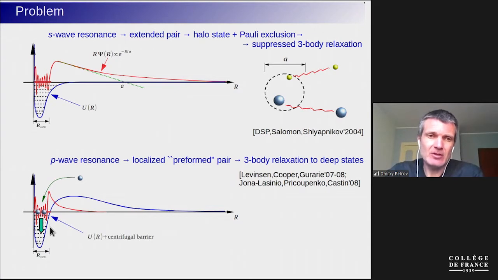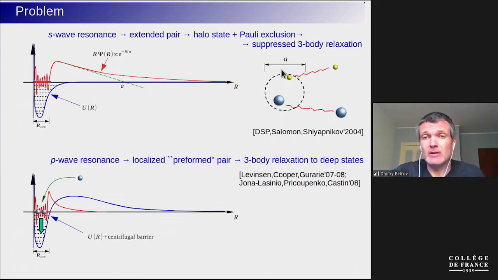So what happens with the system is that since two particles are close by, the third one comes in and leads to a relaxation or recombination to a deeply bound state. And they don't care about the Pauli exclusion principle here because the energies are so high that it's not quantum anymore, this problem. Okay, maybe I'm simplifying a little bit because this algebraic tail does contribute, but not the way we like. It actually contributes to a three-body attraction, and it increases the recombination rate. And to finish this, by contrast, in the S-wave case, we have very extended